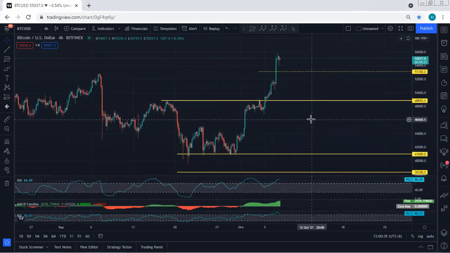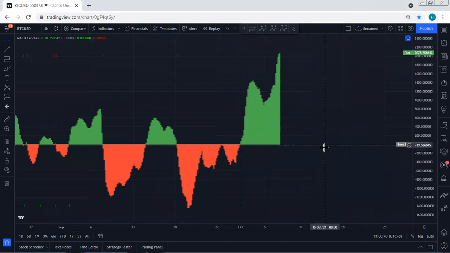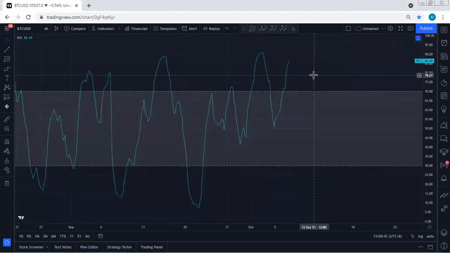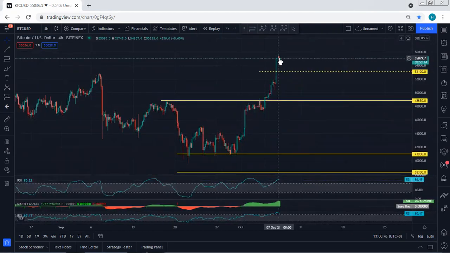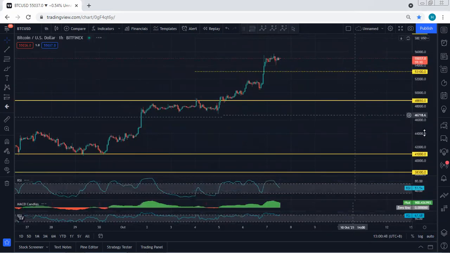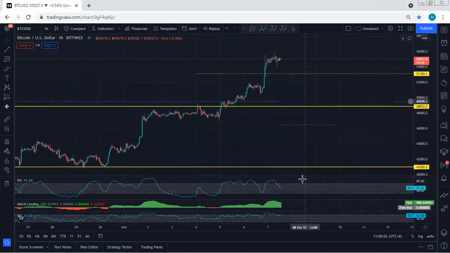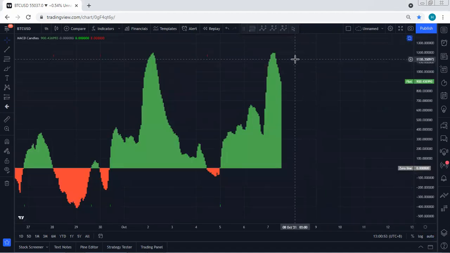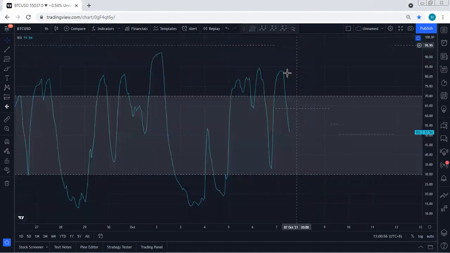And we can still look for continuation, and based on the 4 hour chart, the indicator is showing us a different result. We don't need to really rely on that. And the 4 hour correction doesn't give us any trade setup. The only thing is if we trade based on the 1 hour chart. And based on the 1 hour chart MACD, we don't see the divergence,